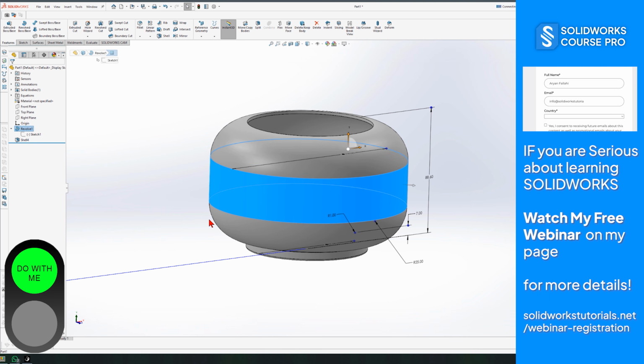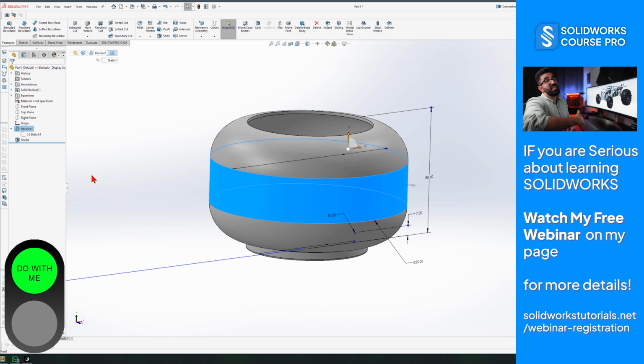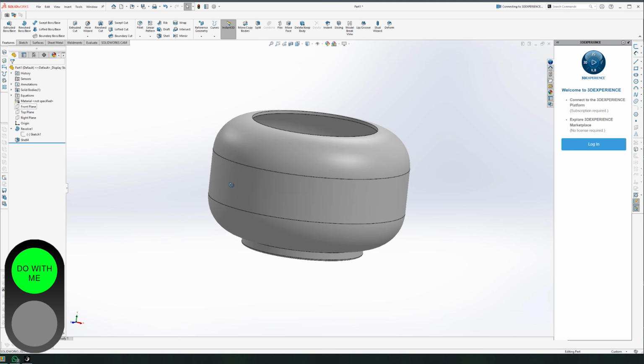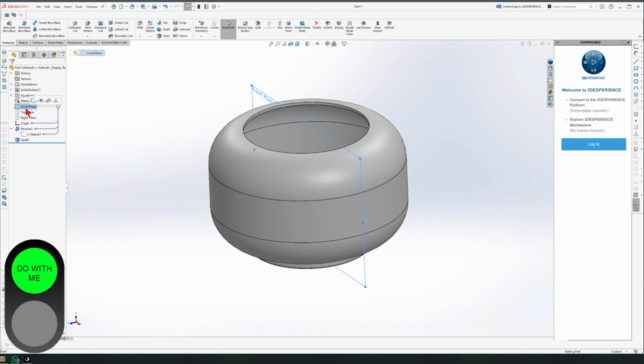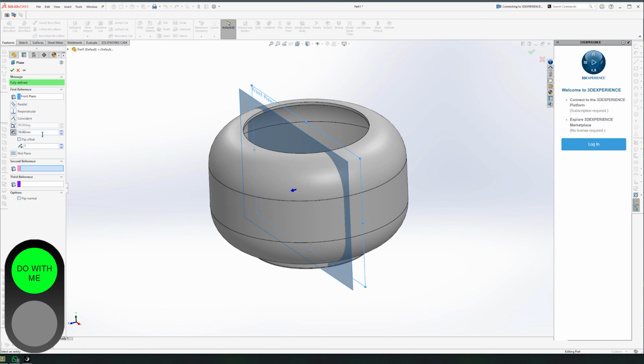The way to do this, or at least the way I would do this, is by creating a new custom plane. How about selecting the front plane, go to reference geometry and click plane, and then change its value to,